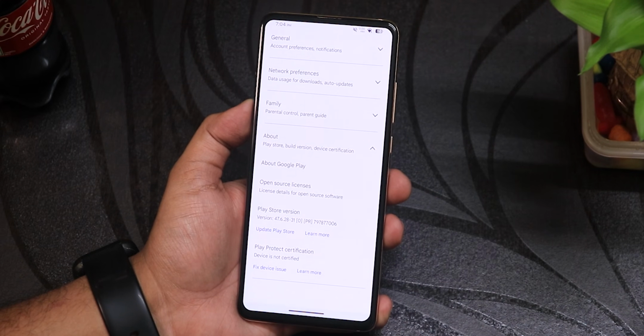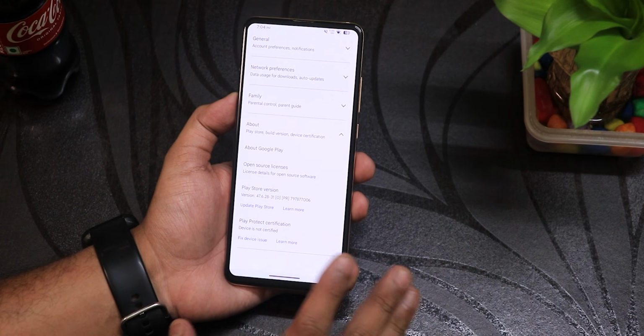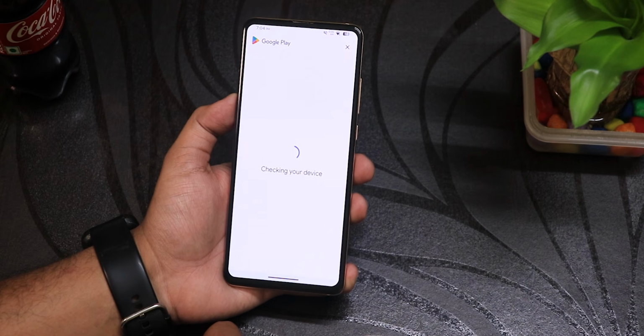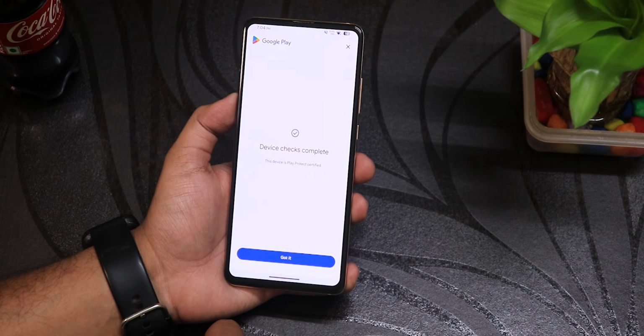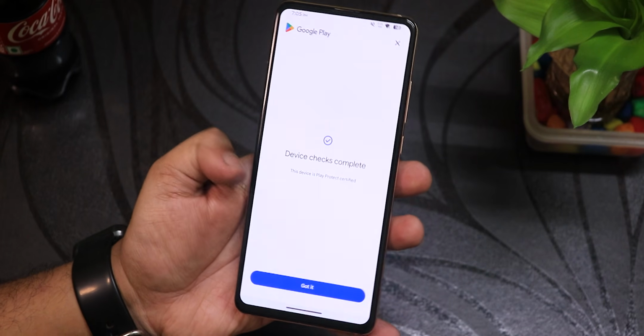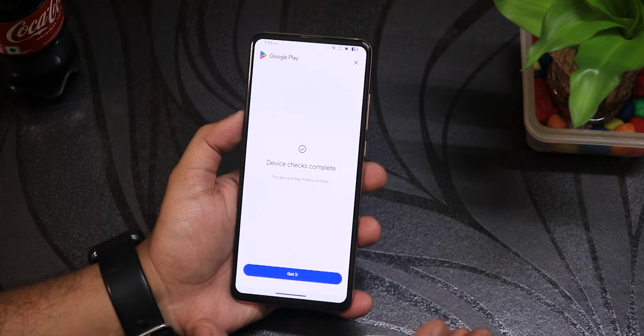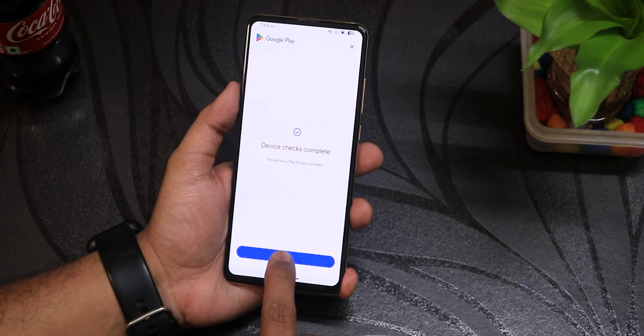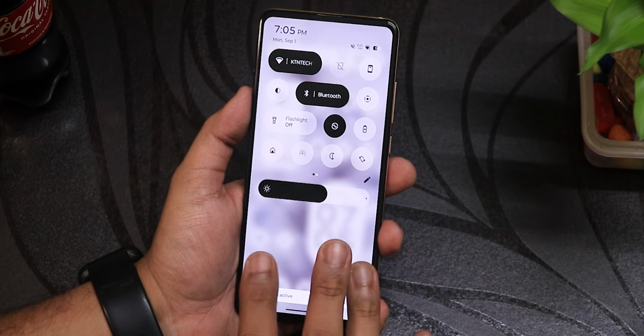By the way, before doing that keybox importing, I tried it, it didn't work. So I'll just try now. After importing the keybox, it shows device check complete. So finally, you can use banking apps with this particular keybox. So that's great that the developer has actually provided us with the keybox so that you all can use banking